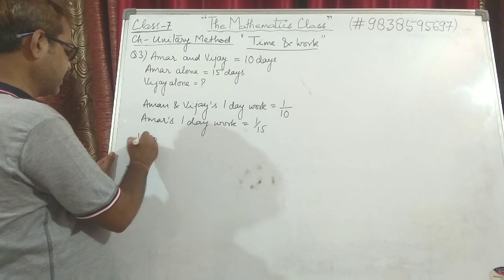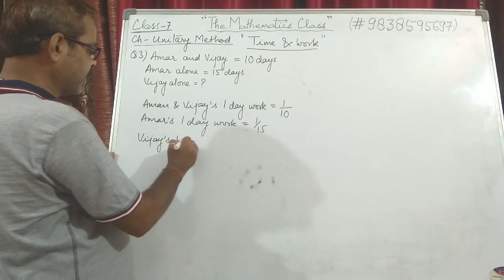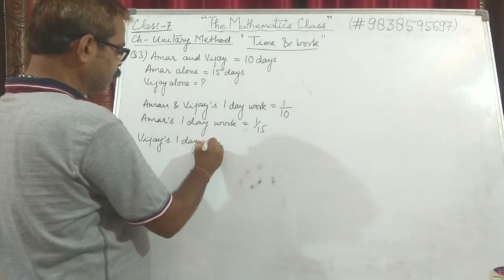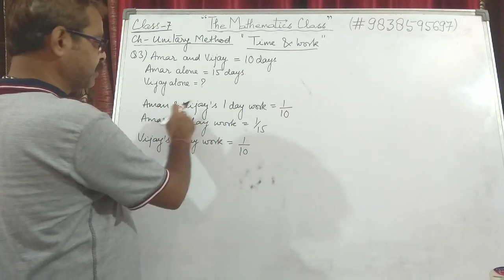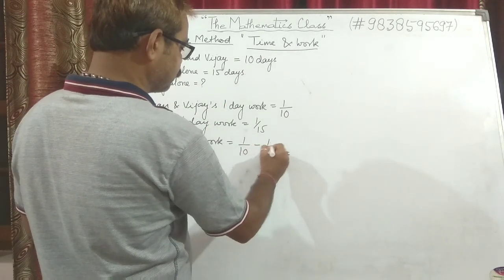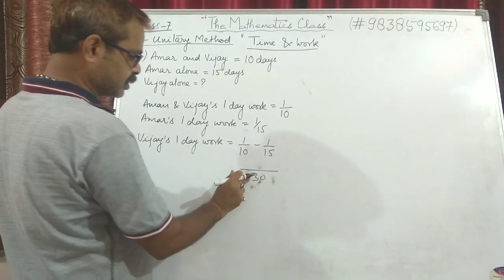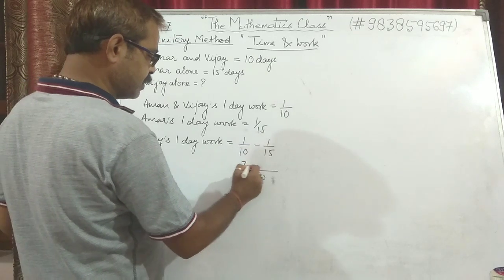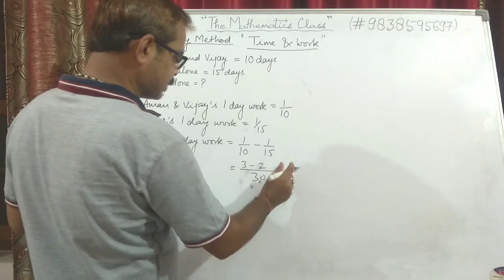So Vijay's 1 day work will be 1/10, Amar and Vijay's 1 day work, minus Amar's 1 day work, so minus 1/15. LCM will be 30. 10 3s are 30, 3 into 1 is 3. Minus 15 2s are 30, 2 into 1 is 2. You got it as